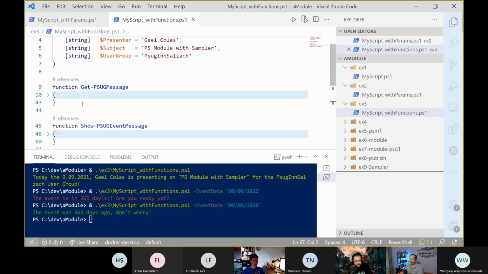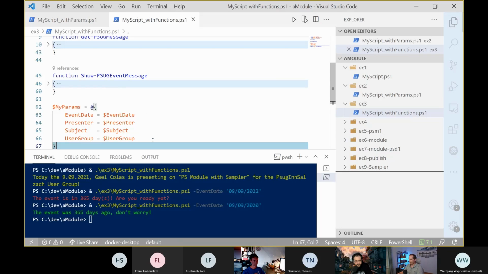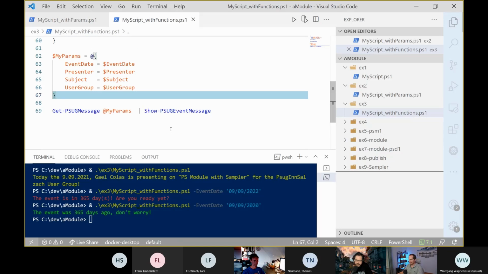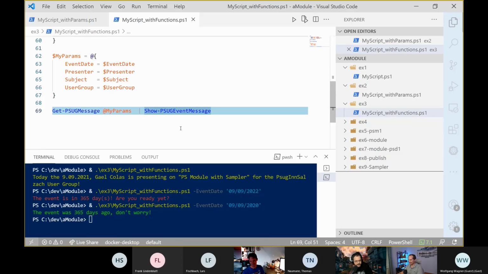Sorry, the one above, and I have another function just to show the message. All right, so far so good? Make sense? Yeah, I just want to add something. It's always good, like Gael did, to use some kind of prefix after your